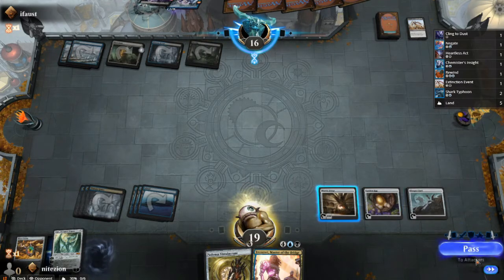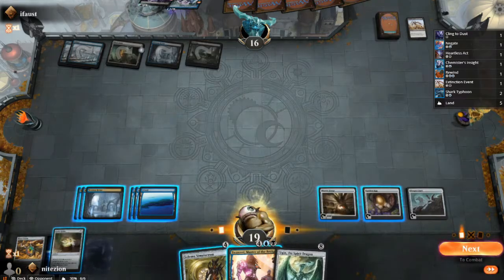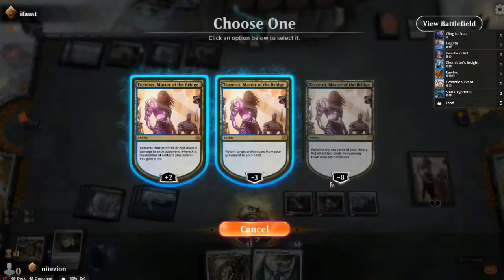Oh, missed his land. Okay, we're going to draw this Ugin. Yeah, we're just going to take the opportunity to slam this Tez. I know we could, like, Solemn and Gilded Globe and blah, blah, blah, but...